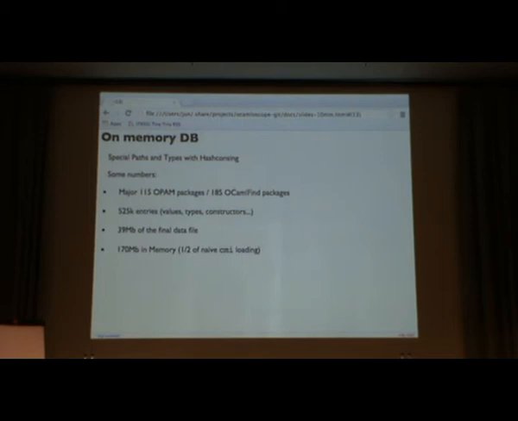So the database is something like this. I have just blindly installed more than 100 OCaml packages from the top priority to the bottom. It consists of 185 OCamlfind packages, and it contains more than 500K entries: values, types, constructors, classes, modules, and so on. The final data size is 39 megabytes on disk, which is expanded to 170 megabytes in